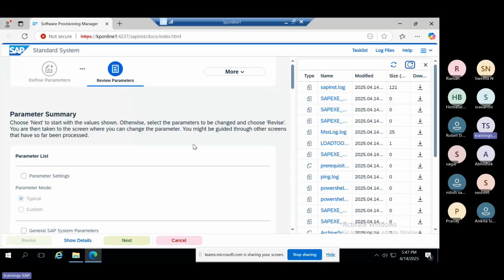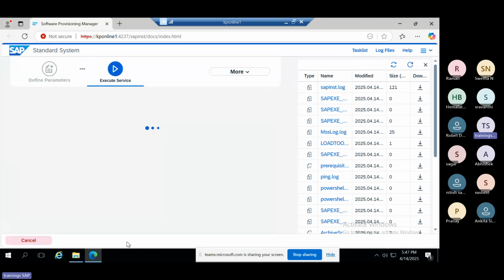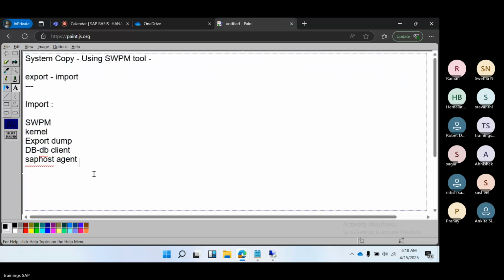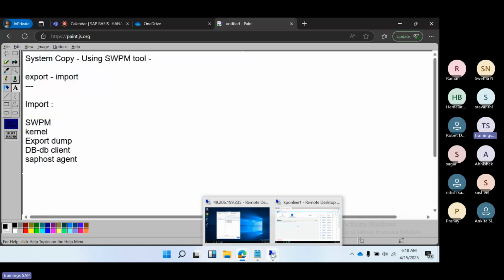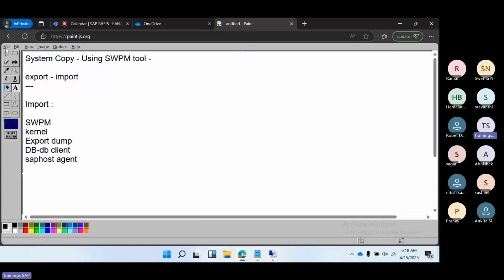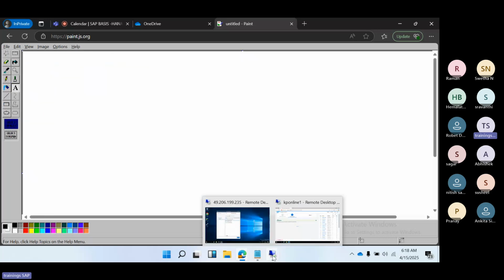Right, so review parameter section. So now we know the review parameter section here. Similarly, just click on the next button, then it will go to building the new system here, a copy of the existing system here. That's what is going to happen now in the system. Okay, this is what is going to happen. This is the system copy method. Okay, so source and target system copy method here. So it will take time, same as installation. Now you know how long it takes. It will install the new system here. Okay, so